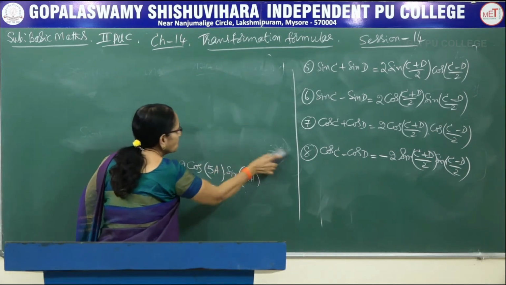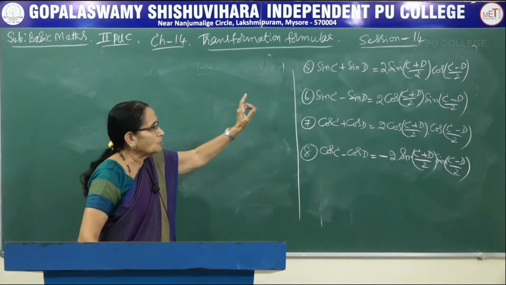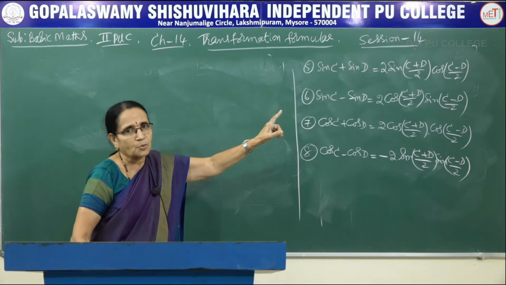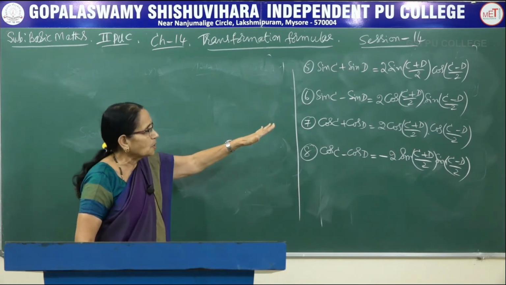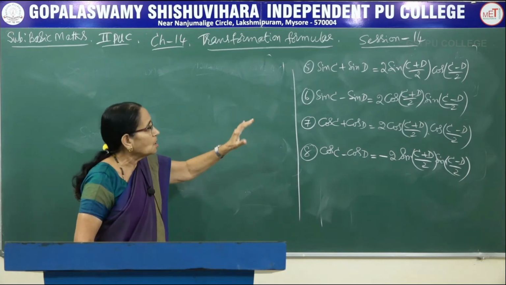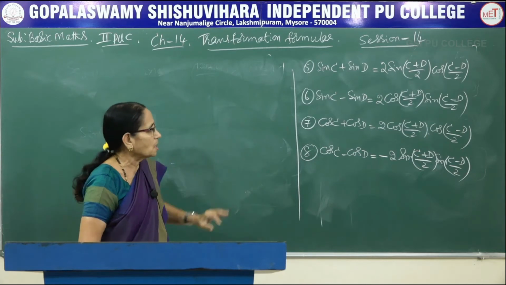So, when it is in terms of sine, sin C plus sin D, it would be a mixed product, sin comes first, cos afterwards. If it is sin C minus sin D form, then cos comes first, sin comes afterwards. Again, for both sine functions of 5th and 6th, we have a mixed product on the right hand side.